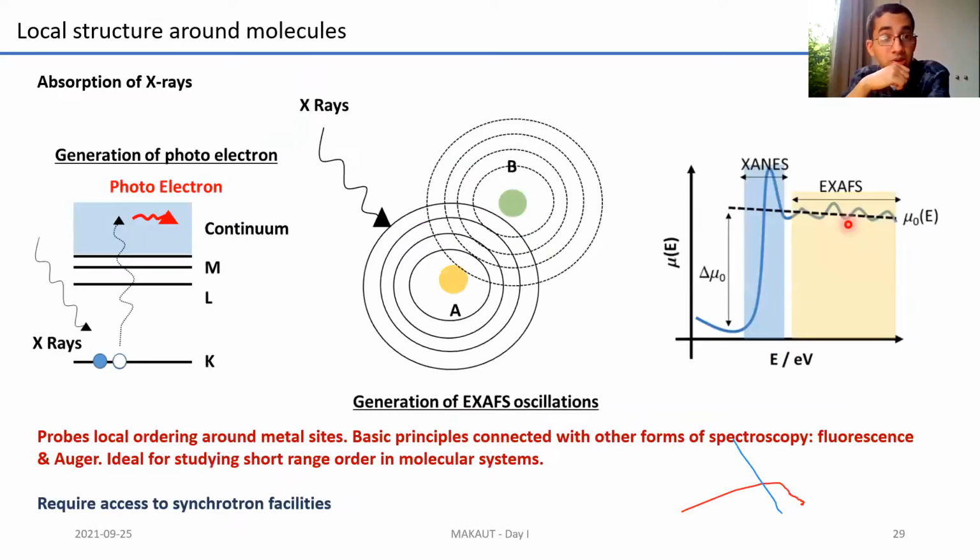Quickly, I'll just talk to you about X-rays. X-rays, as you know, are a high energy kind of radiation. And this is what is known as X-ray absorption. Again, this is absorption spectroscopy. You put X-rays on your sample. X-rays can probe much deeper than UV visible. So it can actually knock off the core electrons from your system.